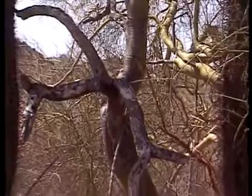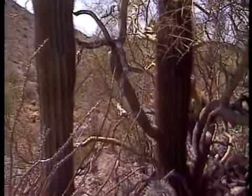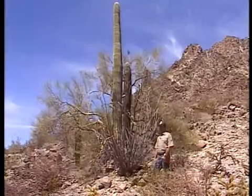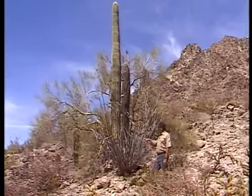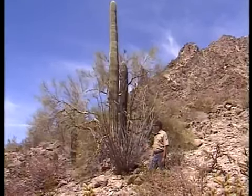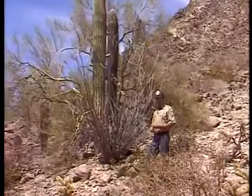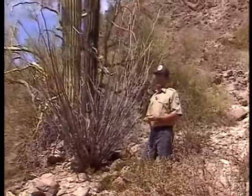We have a nurse Palo Verde tree back here, which acts as the shading umbrella for saguaro seedlings. Birds roost in the limbs of the Palo Verde. In their droppings, after they've been out feasting a day on saguaro fruit, they will drop the saguaro seeds. And because the ground is richer, the soil is more nutritious around the base of the Palo Verde, those seedlings have a chance. But to have that chance, they need to get the right amount of rain that summer that they are sprouted. They need to have a good winter rain, and they need to have a very good rain